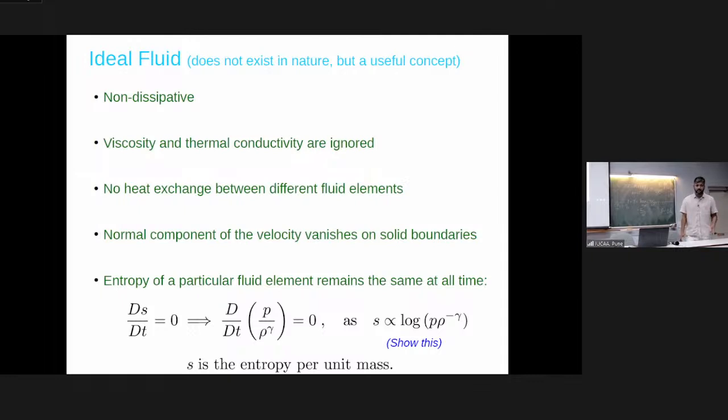See, when you write that, you're writing in terms of an inequality, right? You always write an inequality. What do you write? Yes, ds is greater than or equal to dq by T. Something like that. So it can also remain equal. And as you can see already from here, if dq is 0, ds is 0. The definition of an ideal fluid is that there is no heat exchange, so dq is always 0. So ds cannot change. That is one way to see it.